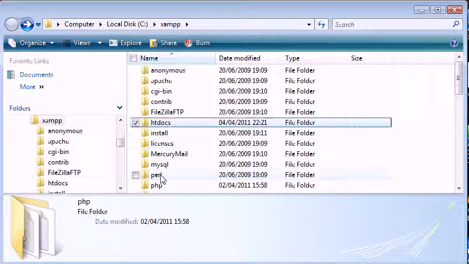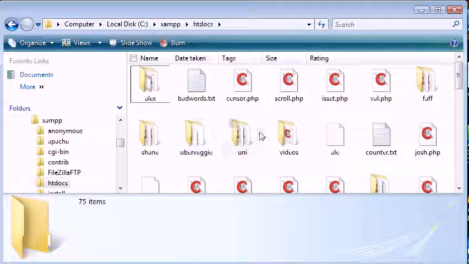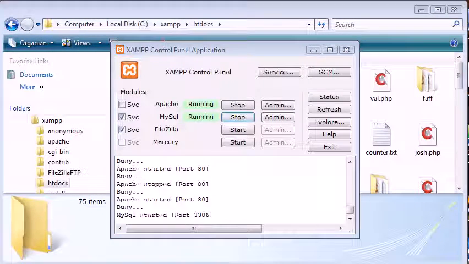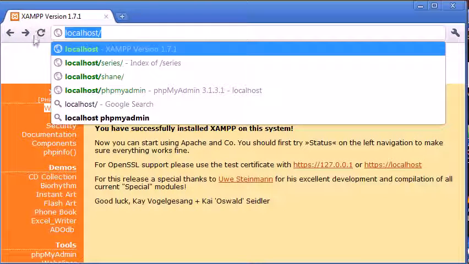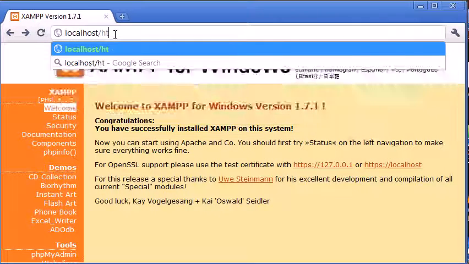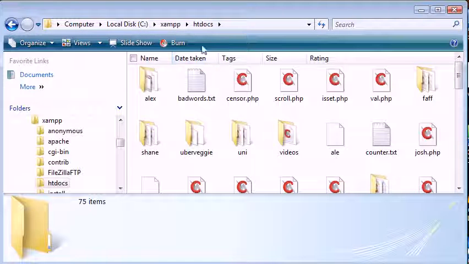Okay, so htdocs is the folder that I want to focus on in this tutorial because we're going to be creating our first file. Now inside htdocs, at the moment it's a bit of a mess for me. I've got a few files in here, but we want to create our PHP file in here. So let's just open up our browser. You know now that we access our local server from localhost. Now we don't need to do localhost/htdocs/ and our file, because htdocs is the root directory, if you like, for where